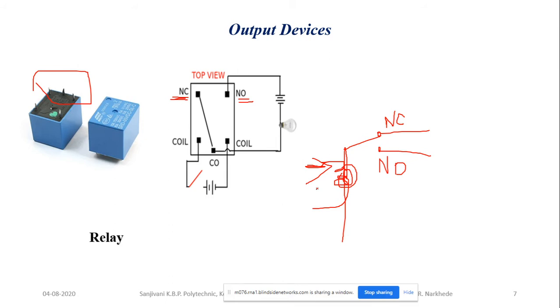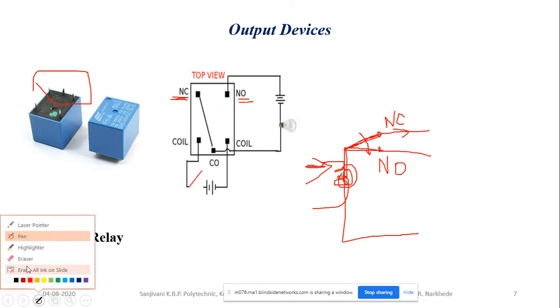Okay, so normally closed means what? When the relay is unenergized, meaning the supply is not given to the relay, at that time the common contact is always in contact with the NC contact, and your supply is going to flow through this one. Okay, so this is my system over here. But when the supply is given to the relay coil, the relay coil gets energized, and when the relay coil gets energized, this NC contact will open and NO contact will close.